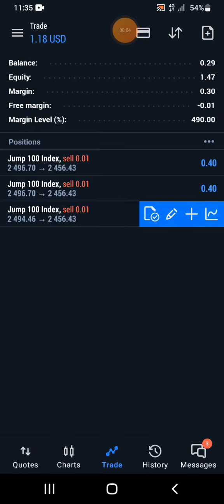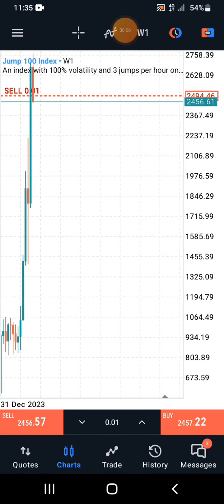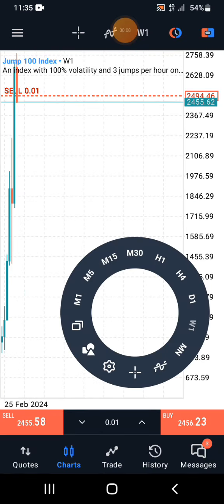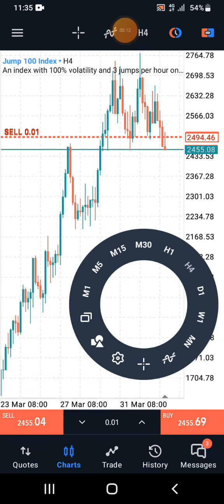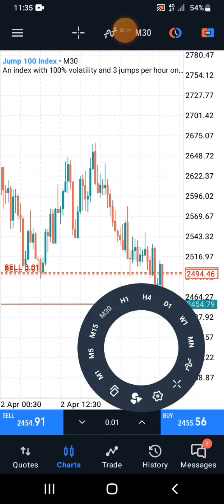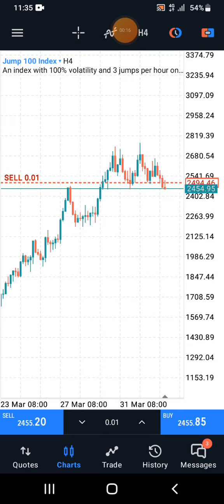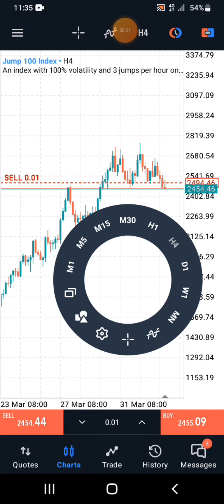Growing this account from 29 cents, we took a trade on Jump 100. We have taken the trade about minutes ago, and by the look, if you check on the 4 hour, you can see it's a reversal. The market is reversing after the market did a very nice wipe